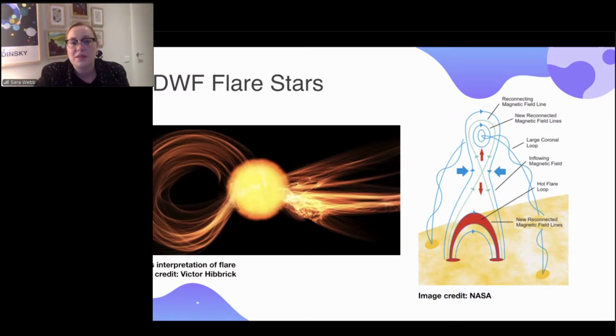And so these are fascinating for a few different reasons. One is it can tell us a lot about the evolution of the star, and how magnetic fields change over time depending on the spectral type of the star. Because as you'll see a little bit later on in this talk, the majority of flares occur on our very low mass stars, the ones that tend to have higher percentage of convection happening in the actual star itself. And they're also very interesting for understanding possible evolution or habitability of life on other planets.